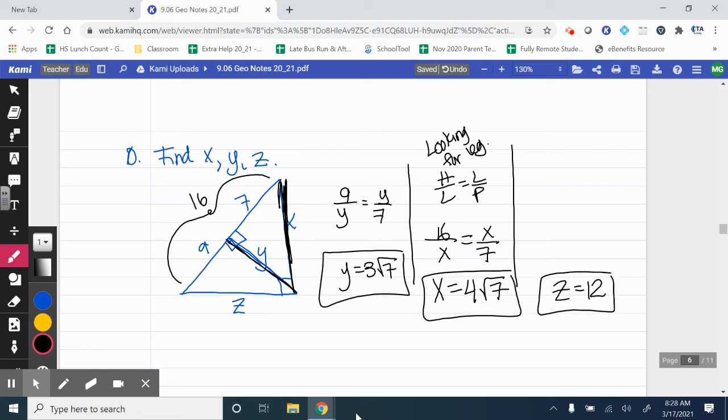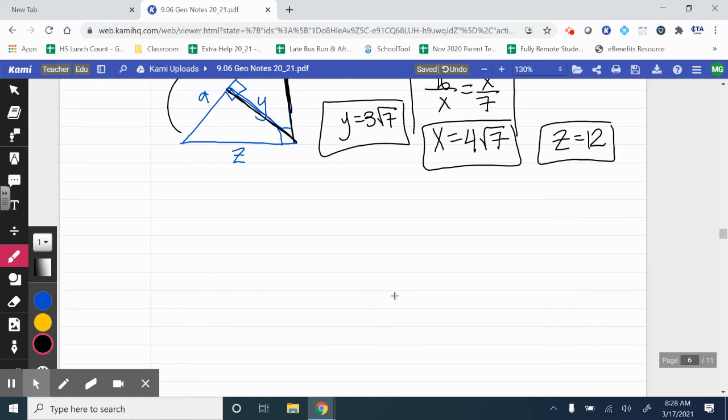Okay, so there we have to do 3 different proportions. We're using HAP first, and then HLLP for the other 2. All right, and the last one, number 11, in right triangle ABC, segment CD is the